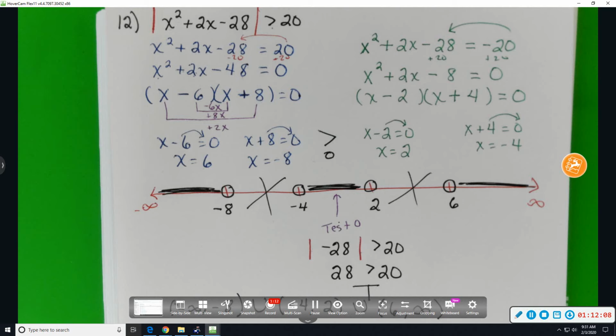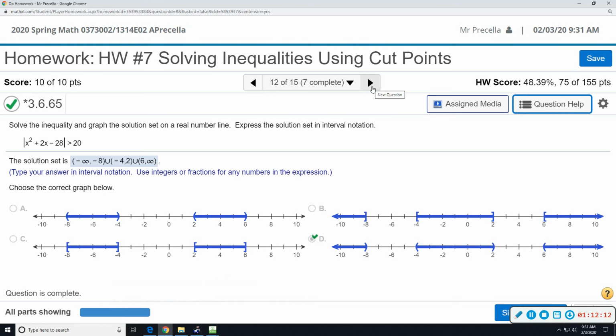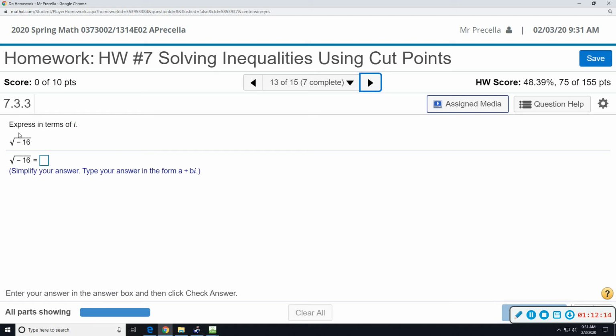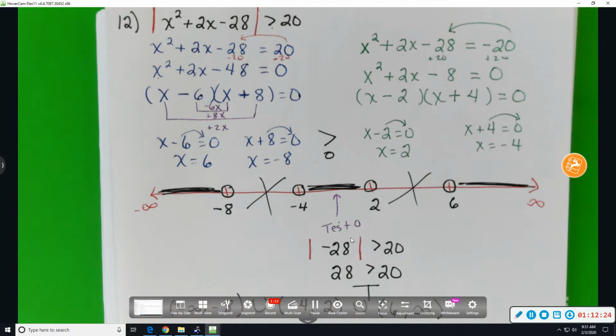Now, 12 is the last one. I think once you hit problem 13, it's just some review. I like to have 15 problems. Okay, starting with number 13, it's just review of old stuff. So it's time for us to take our break around 9:45. I think I'll start doing some of the